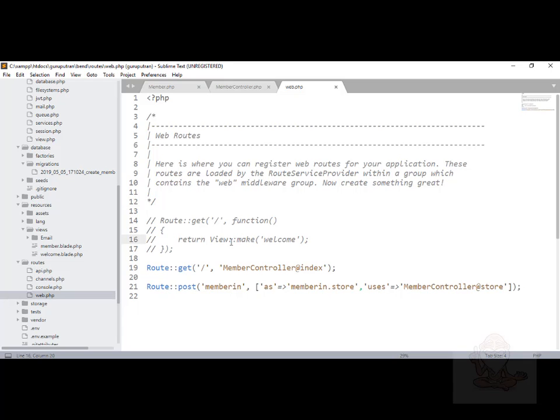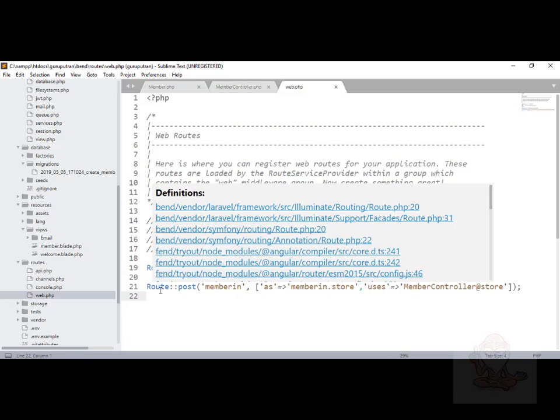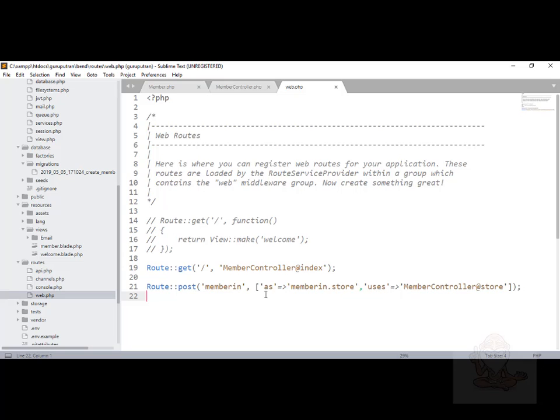One is a get and another is a post. Get is for getting all the data from the database. We will take care of this get route later. I just made it in order to show that we need two routes for this whole system to work. And the second route is Route::post member, named member.store, which uses MemberController at store.